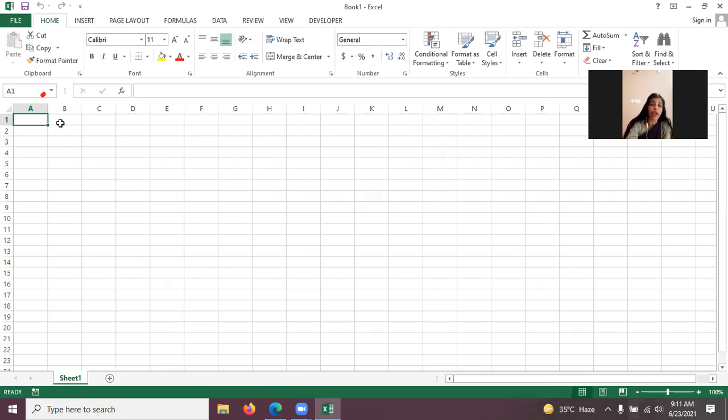Every cell has its own name and address, which is created by using the column name followed by a row number. The cell which is selected here, the first one, its name is A1. A is the column name and 1 is the row number. So this tells that this cell is named A1.